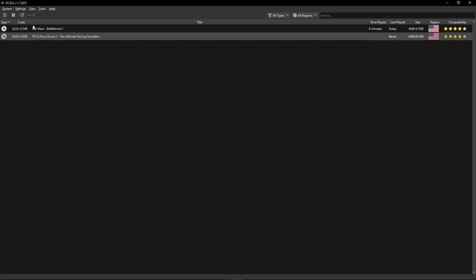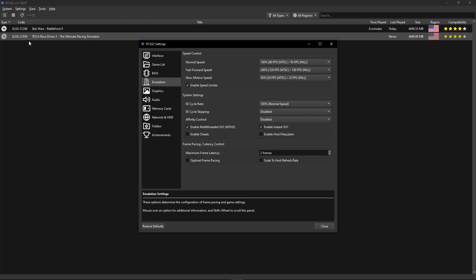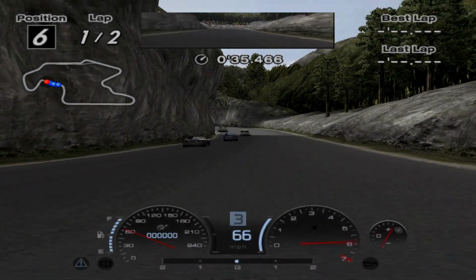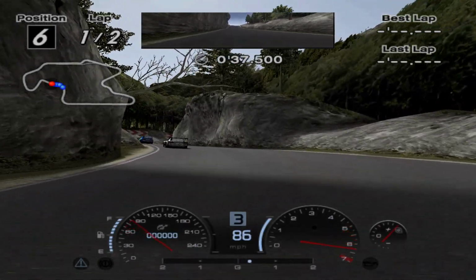The second way of doing this, which is the one that I would recommend using, is by clicking here on settings, and then go to emulation, and then click here enable cheats. This will make the emulator enable any cheats that it can find in the cheats folder, so that you don't have to enable them game by game. Now you can close this screen and then start the game and configure the DNS server like I showed you at the beginning of the video.